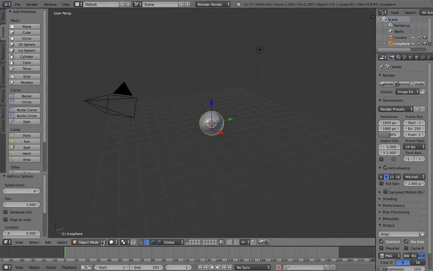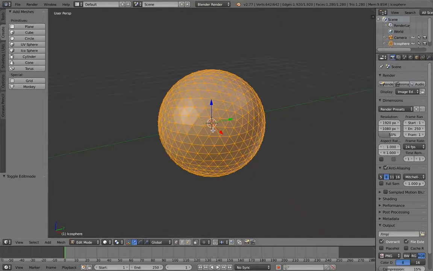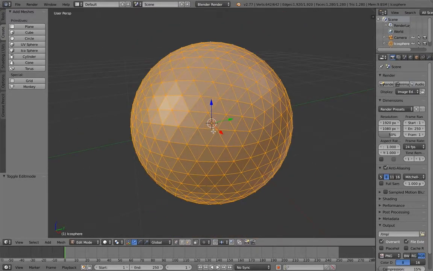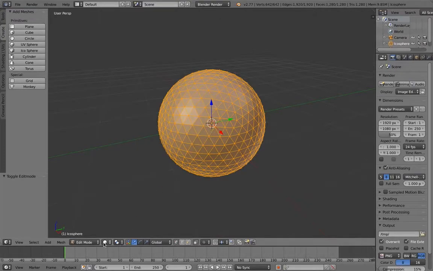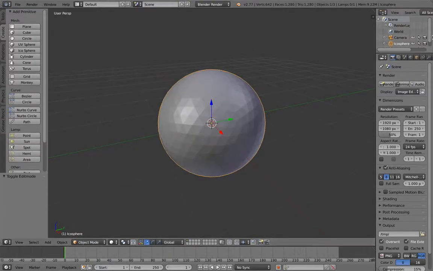We can go back, and now we're going to go into edit mode, and you can take a look at that. You can see all those little lines there. If you use the scroll button on your mouse, you can zoom in and out, and here you can see we've got lots of lines here to show, and that'll help make for a more interesting pattern. So we're going to go back to object mode down here, and next we're going to go to our modifiers,